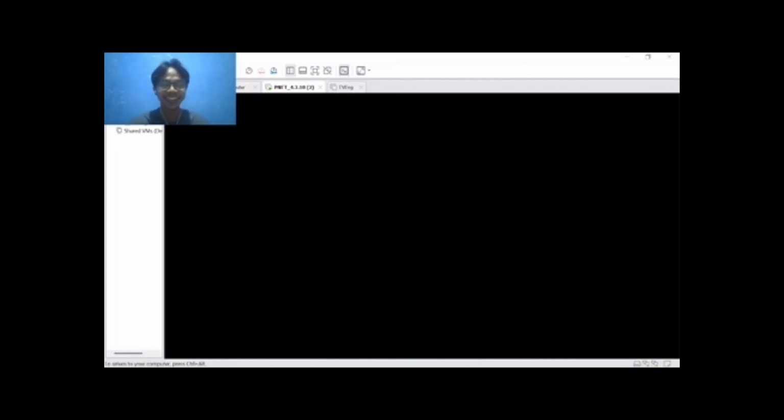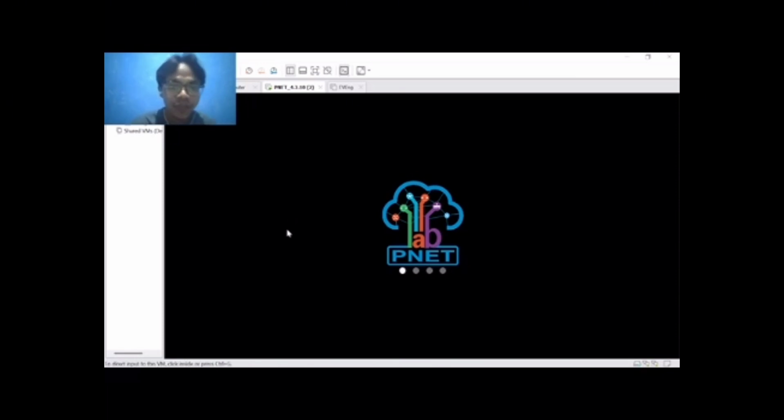Okay, this is loading first. This is the user interface if you use the Pinet Lab. I will start and restart first from 0 until I have configured it and successfully pinged and made the failover.